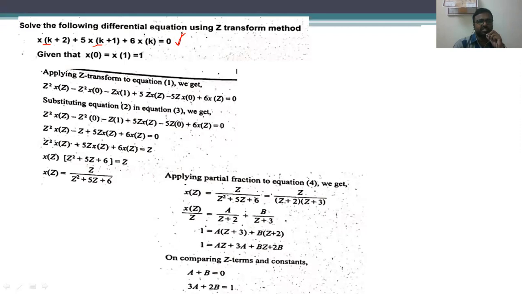That means the z transfer function is going to be obtained only in terms of x of z. Okay. So after applying the z transform for this difference equation, we have to substitute the values of x of 0 and x of 1. That is, x of 0 value is 1 and x of 1 value is also 1. So just substituting, we are going to get z square into x of z minus z square into x of 0